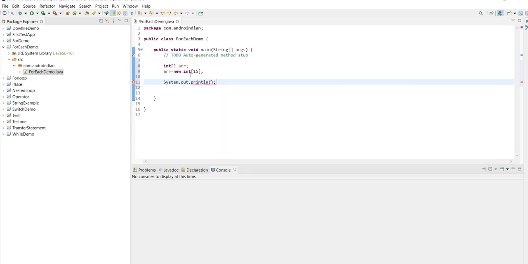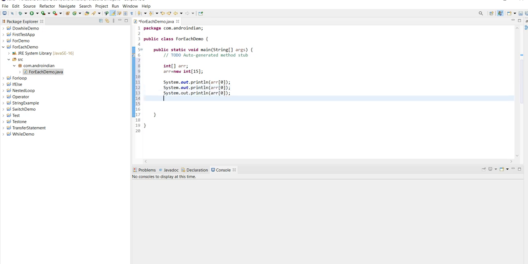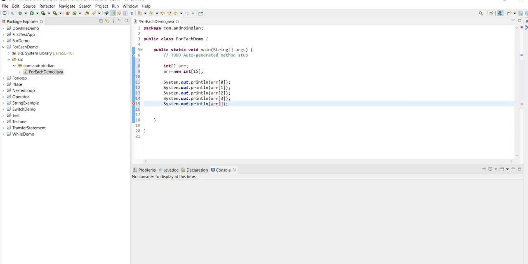I'm printing arr of 0, the 0 index value. Like this, I want to print up to 5 values: arr 0, 1, 2, 3, and 4. So these values I want to print here.